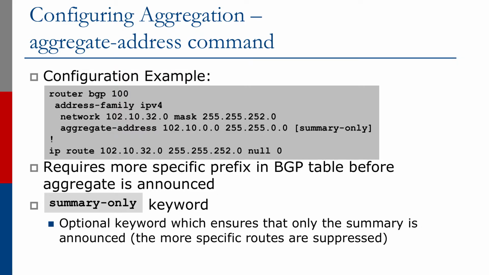So coming back to the aggregate-address, it has this dependency in that a subnet of the aggregate must be in BGP, otherwise no aggregate will be generated. So you have to be careful. If you want to use aggregate-address, make sure that the subnet that's going to cause the aggregate to be generated can never disappear. Because if it does, your aggregate vanishes as well, with the implications that has.